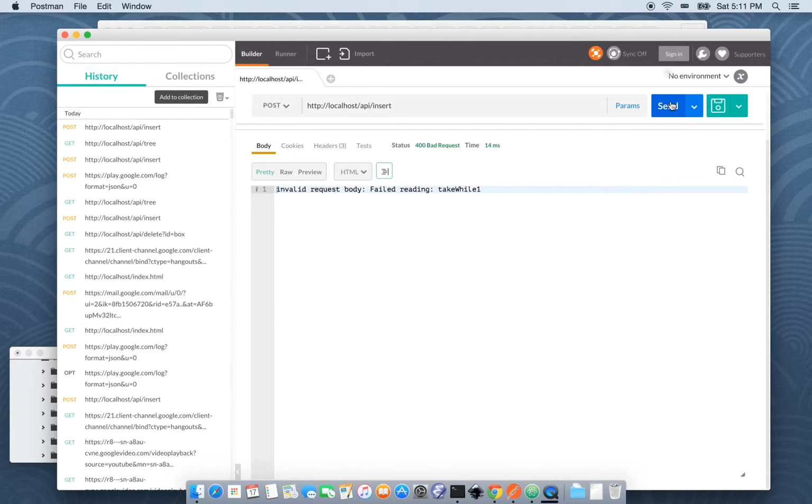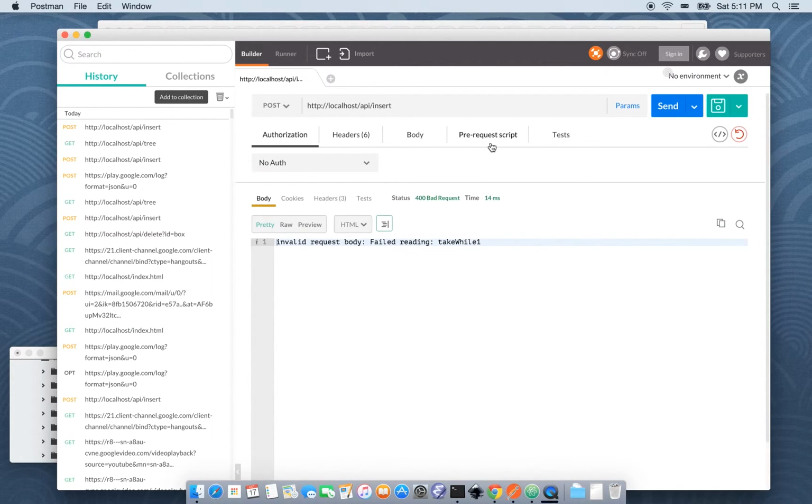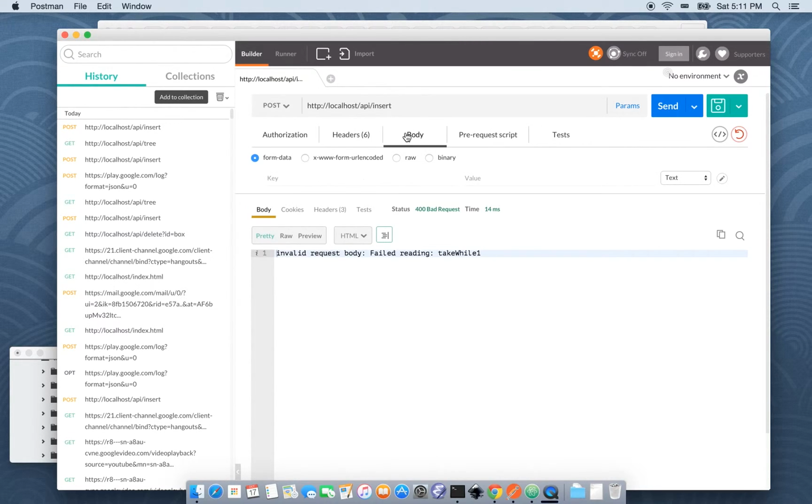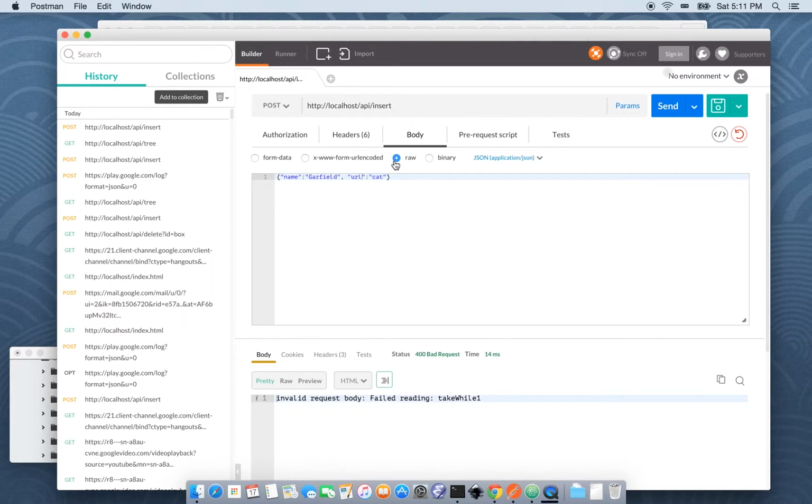Alright, we got some sort of error message out of the server. And that's because the server was expecting to get some data. Requests in HTTP can have data associated with them. That fits in a part of the request called the body. And if we send along some data with our request to that insert endpoint, well, we can send that data to the server. So let's first just try sending